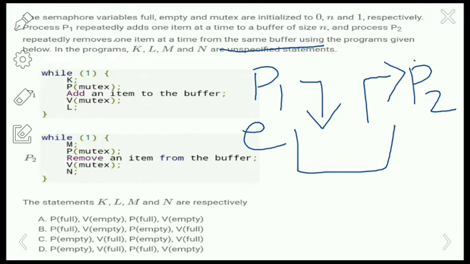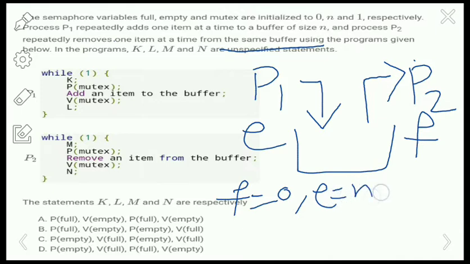That means only if the buffer is full can it consume the data, and if the buffer is empty it cannot consume the data, right? So that's why it is checking the semaphore full. Given that semaphore variable full equals 0, empty equals n and mutex equals 1.